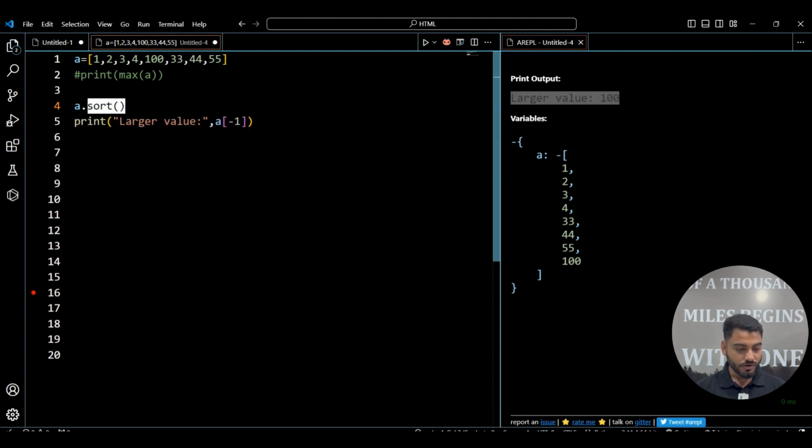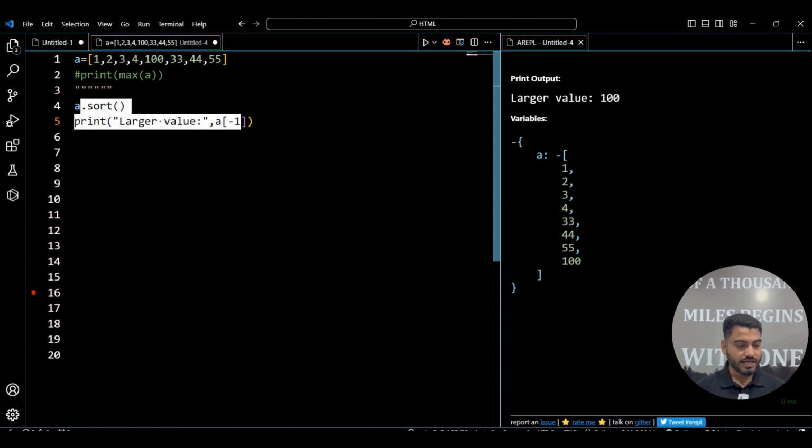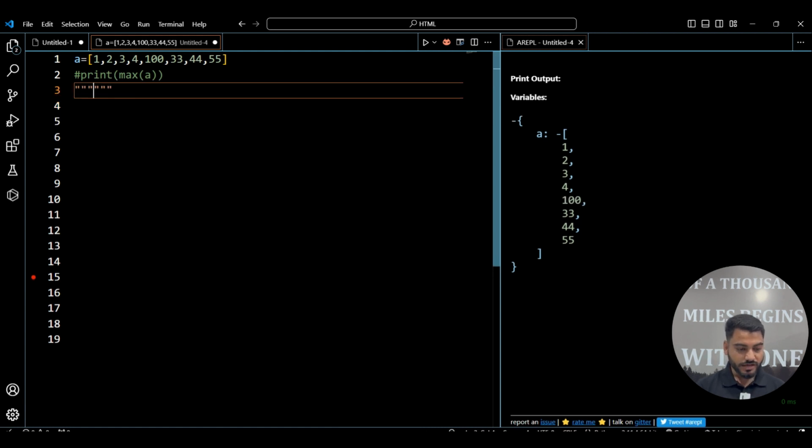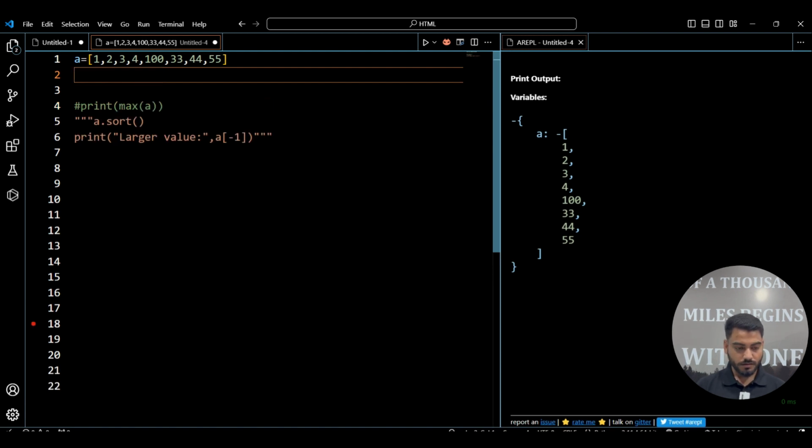But here also we are using the sort function. We are not supposed to use any inbuilt function. So I'll make it a comment and try to write a different code.